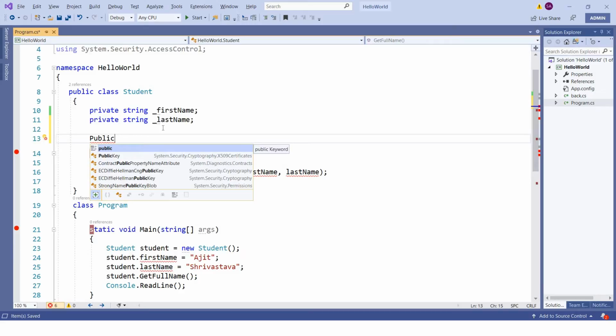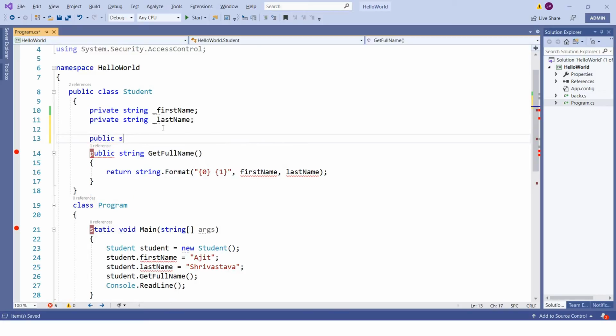If you are not aware of these things, I would recommend you go to part 20, where we discussed access modifiers in great detail. So this is public, let's say string first name.